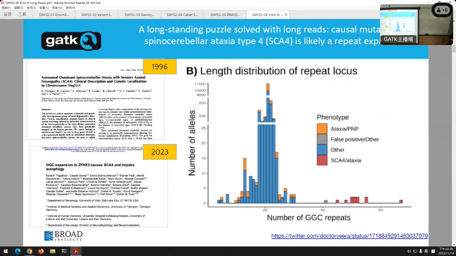It's a GGC unit, so it'll go GGC, GGC, 20 times. But in people who are affected by spinocerebellar ataxia type 4, they actually have more like 40 or 60 or 70 repeats